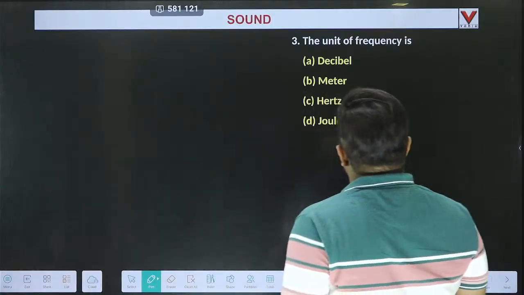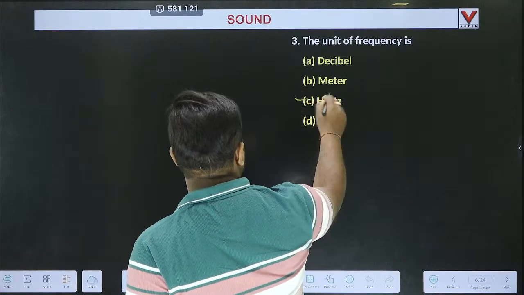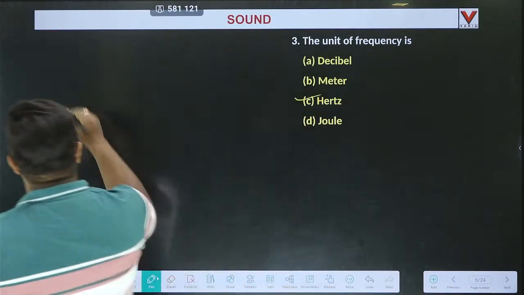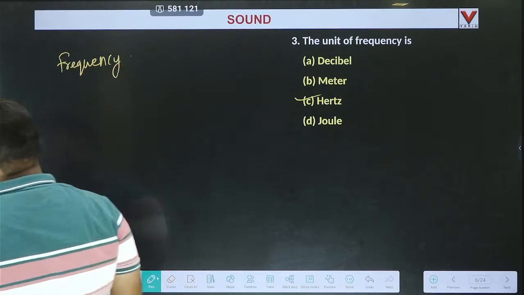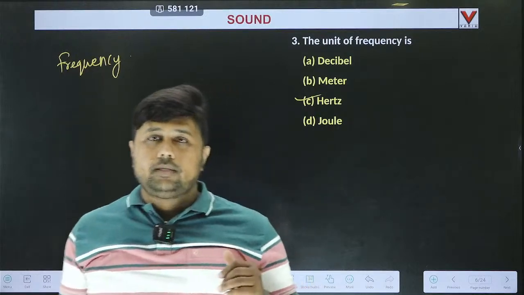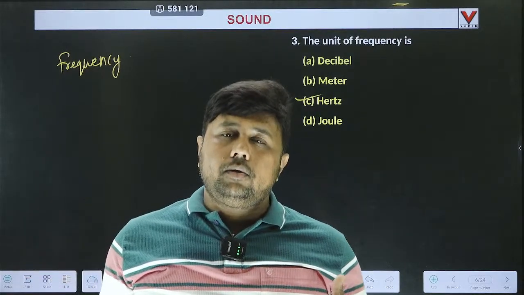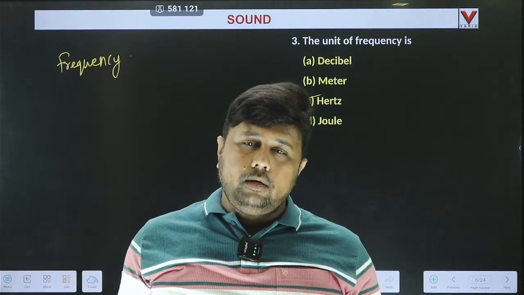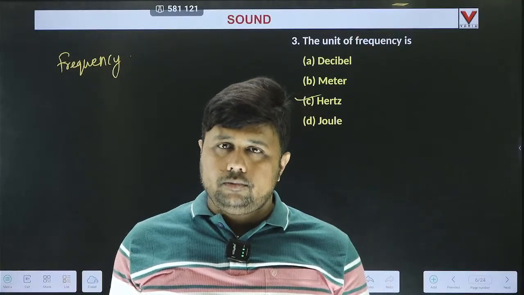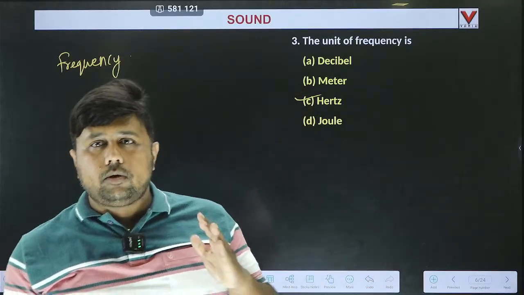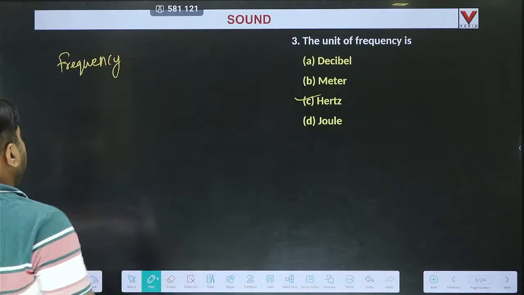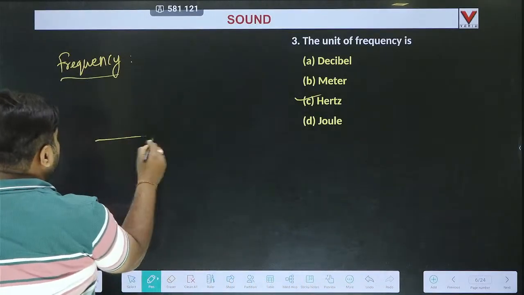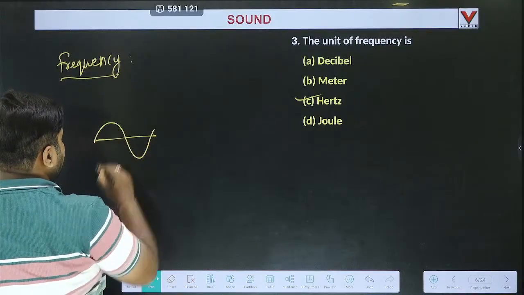So the unit of frequency is hertz, okay. Now what is frequency? Take the definition: for a given time interval, for example 1 second, 1 minute or 1 hour, how many times an event occurs. Suppose within one second an event occurs 4 times, so frequency is 4 hertz. Otherwise, understand frequency like this: if I take a wave, one crest